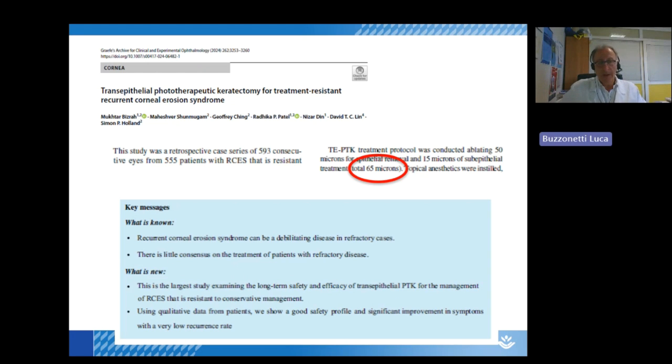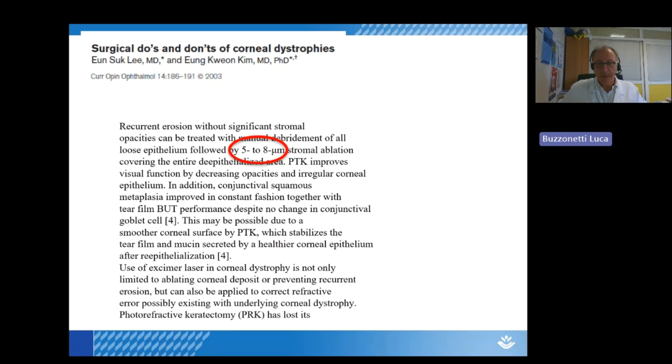This paper evaluated the efficacy of transepithelial PTK for treating recurrent corneal erosions, and 65 microns was the depth set, 50 microns for epithelial removal and 15 microns for subepithelial treatment. In this other paper, the stromal ablation is limited to 5 and 5/8 microns. In my experience,